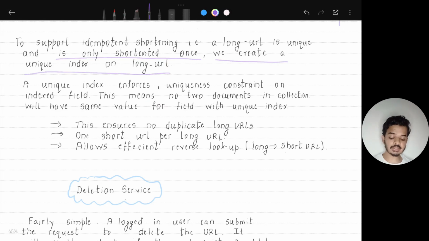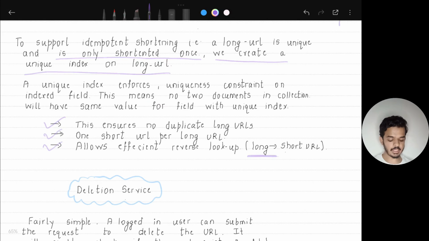A unique index enforces a uniqueness constraint on the indexed field, that is, on long URL. This means that no two documents in the collection will have the same value for long URL. So creating a unique index on long URL ensures that there are no duplicate long URLs, there is only one short URL per long URL,